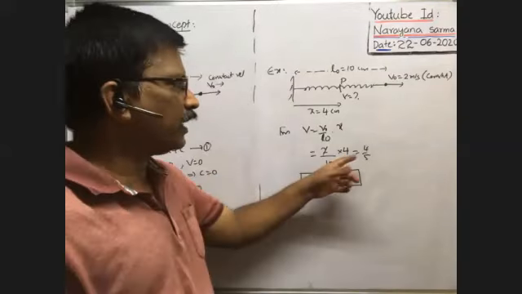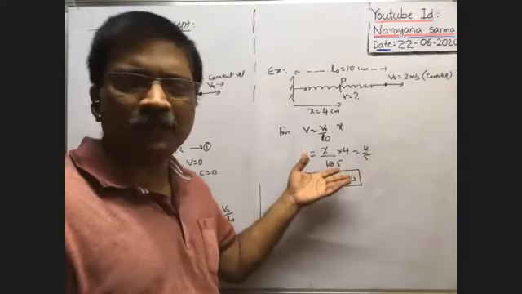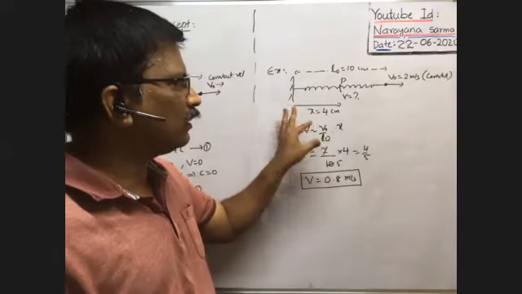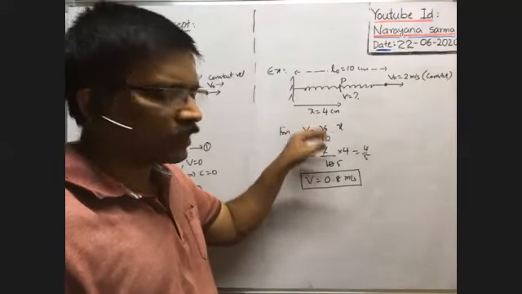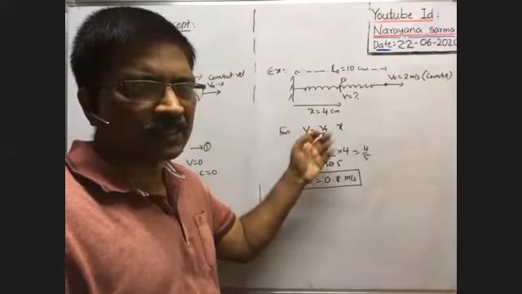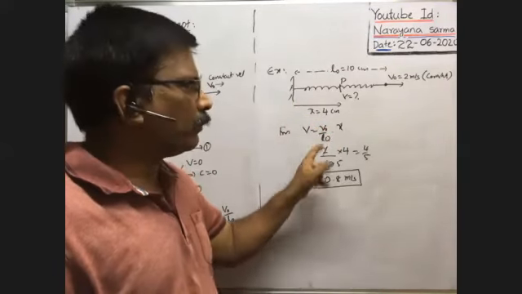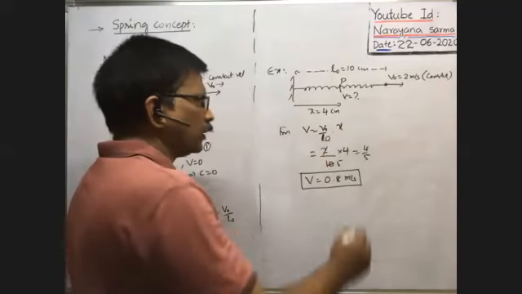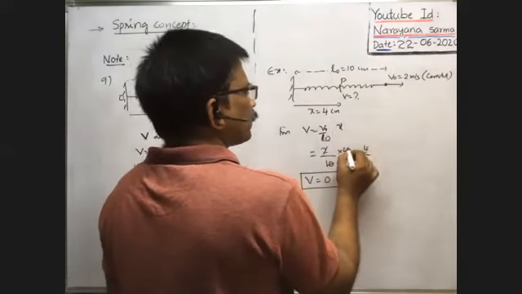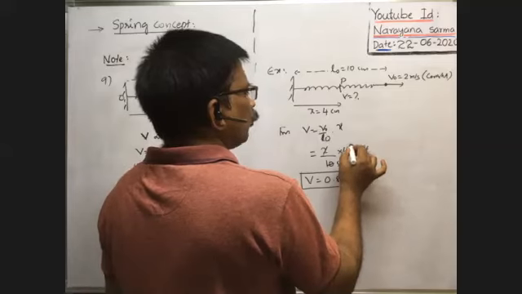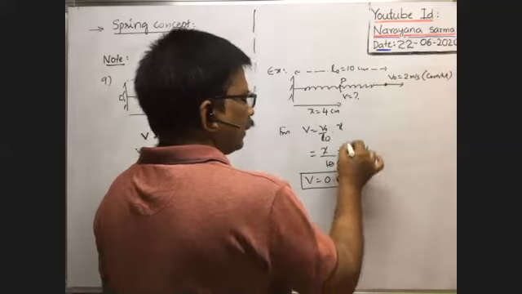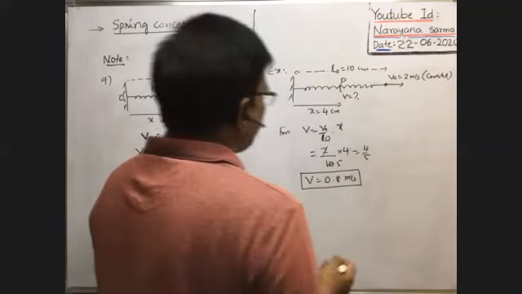Suppose even you change to meters, that will be cancelled, no? In case of any physical quantity, if the ratio is there, we can substitute these two terms in the same system, whether it is the SI system or CGS system, whatever it may be. But whenever the ratio is there, these two must be in the same system. Suppose if you want to change into meters, into 10 to the power minus 2, we have to write here also 10 to the power minus 2. The 10 to the power minus 2 cancels, and again you will have this one. That's why you need not change.